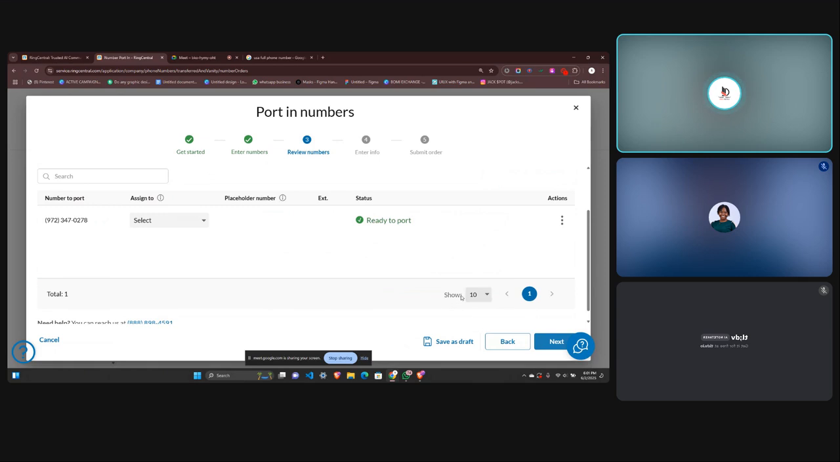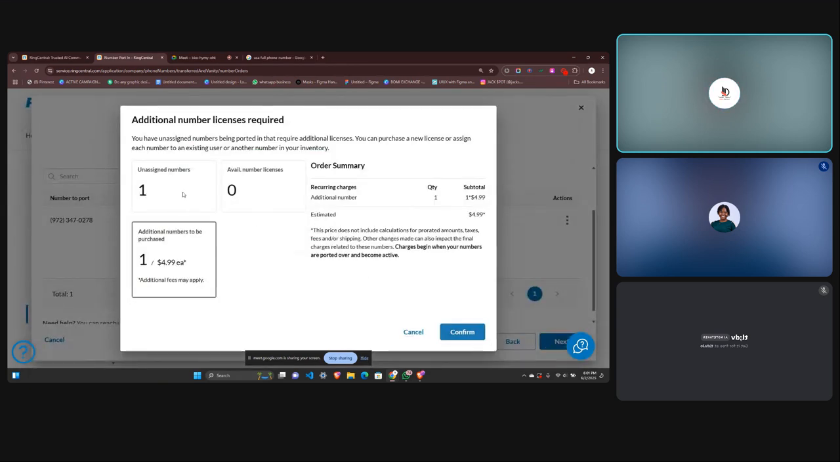So it's ready to put. You can input the phone number. And if there is any error, it will show it here, the status of the error. So this one is ready to put. Then next, additional number license required. I just pick anyone,